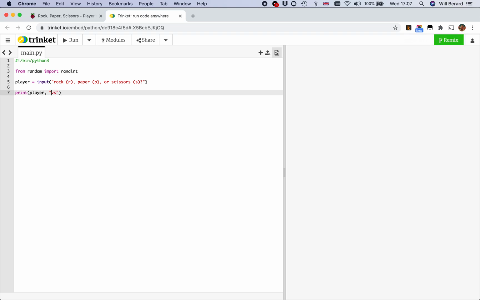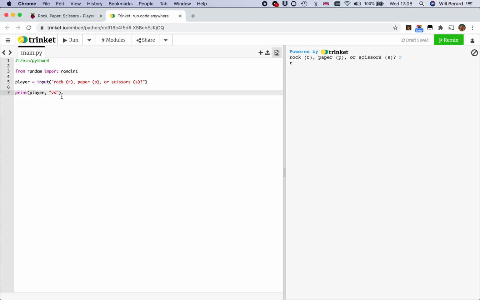So I'm not going to print just player, I'm going to print player and vs. Print player will just print, you can print hello, just like that. I run it. So I've picked rock and it prints hello. But if I print player, it's going to return to me the very variable I have chosen. So R is going to print R. But if I put more than one thing between the brackets of print, it will concatenate the strings,